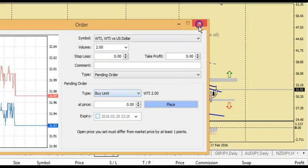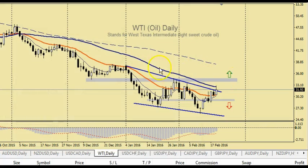Like I said, you can always trade in a similar fashion to the other currency pairs. That's another option for you. You can always trade the oil. Okay. Now we're going to move on to the